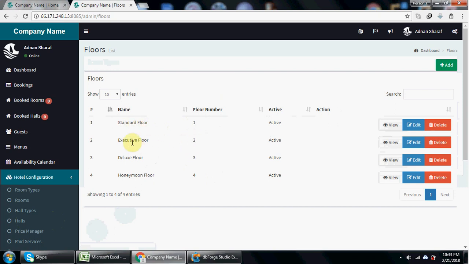Floor number 2, I named it as executive floor, and on this floor all the rooms are executive type, but this is just test data that I have added in the system right here. We can add any room, any floor with any name, and we can set any room types under any floor. So let's create